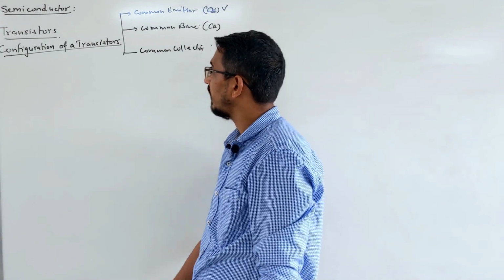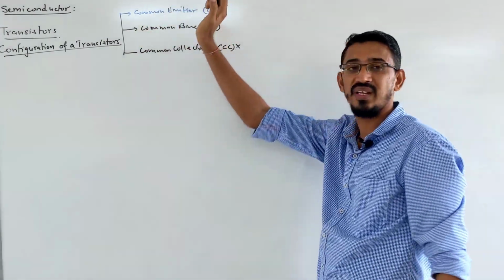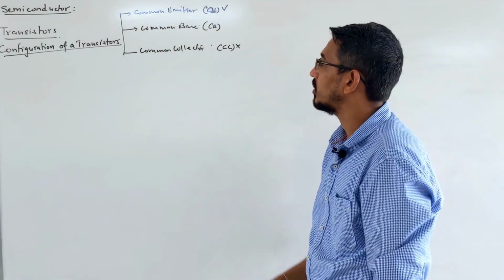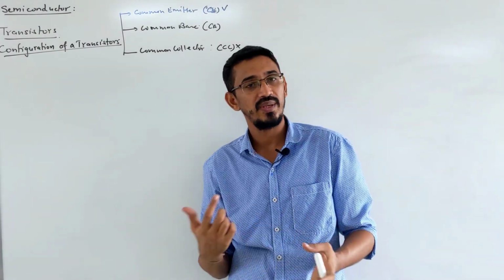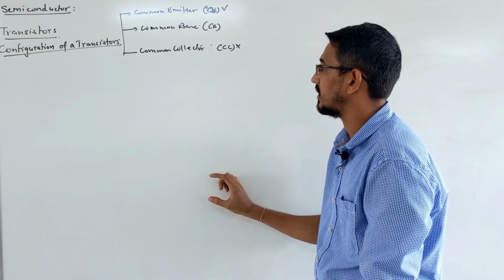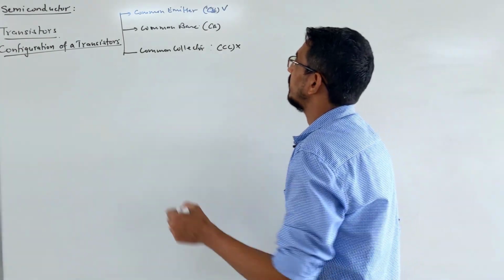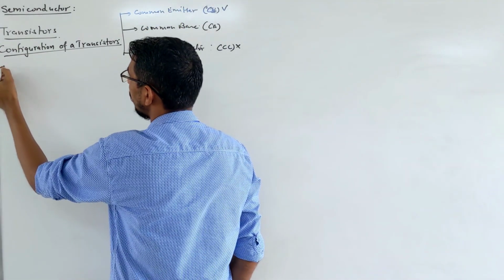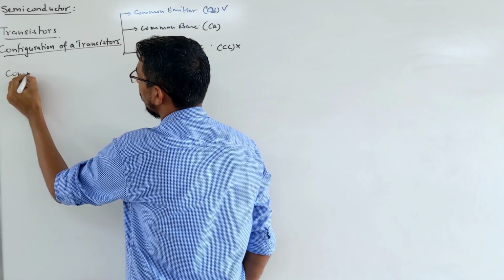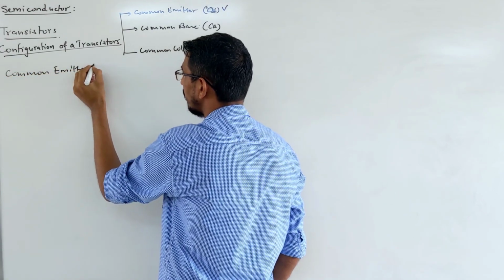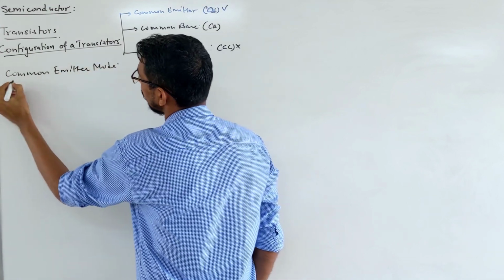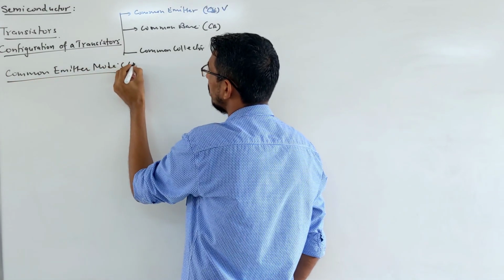So in this lecture we will talk about common emitter working alone, because the main thing they ask us is numericals on them, like current and gain. All these things we'll start learning in this lecture itself. So let's talk about this mode. Which configuration are we talking about? Common emitter. In short we call it CE mode.